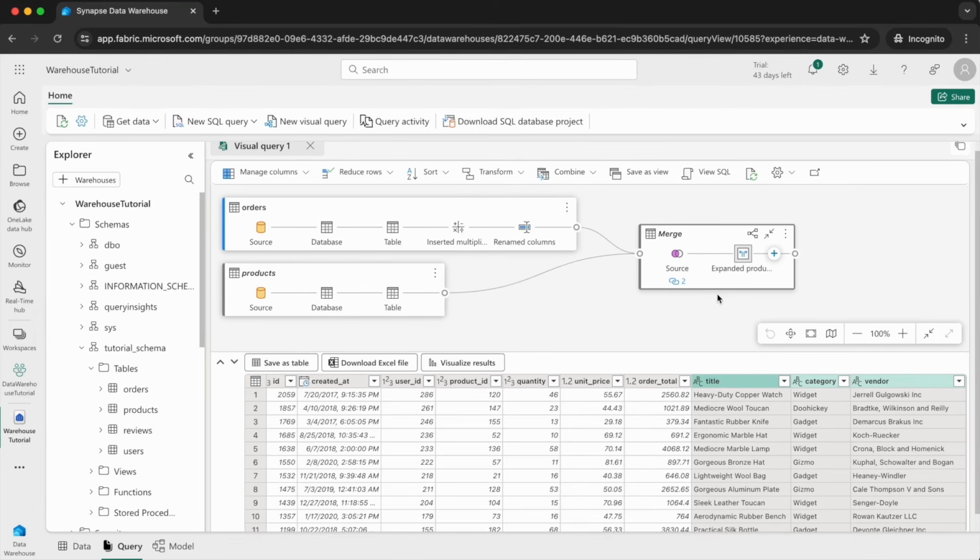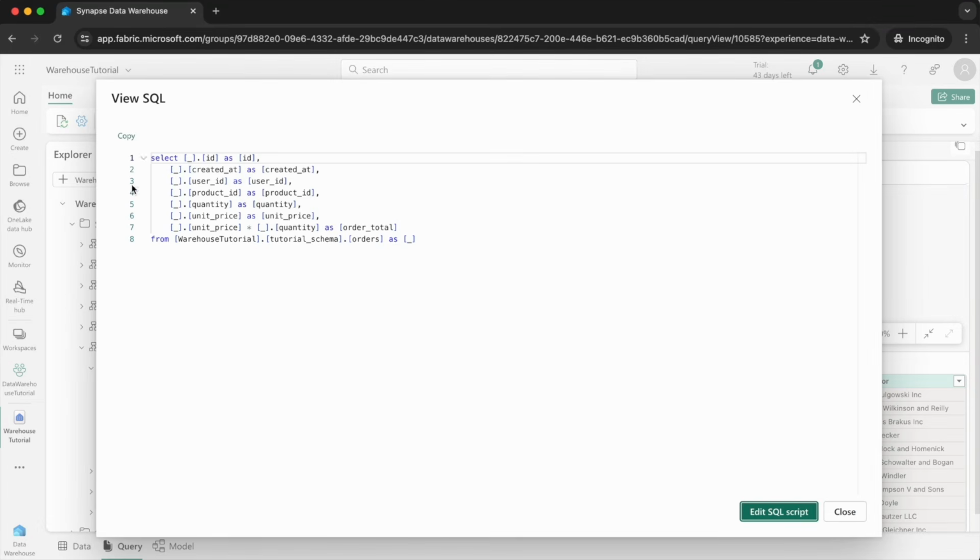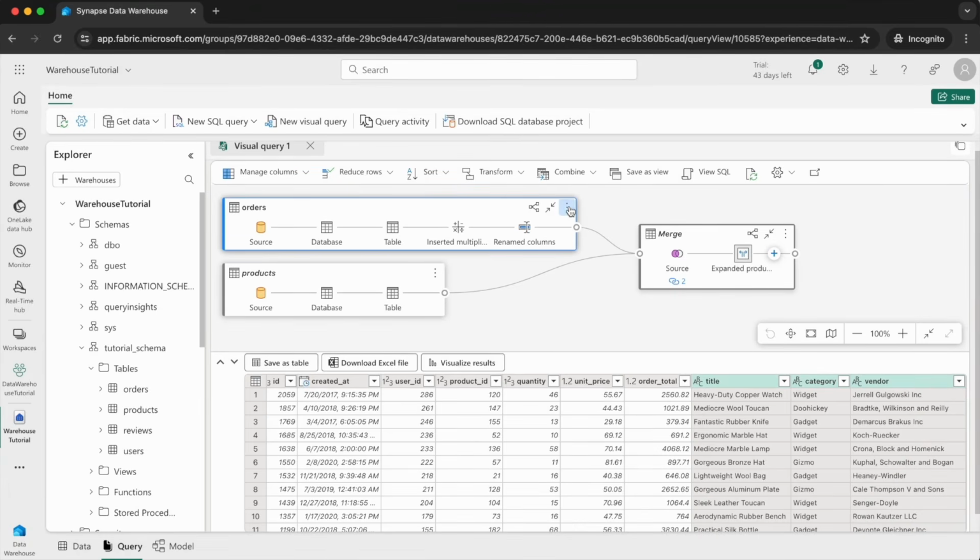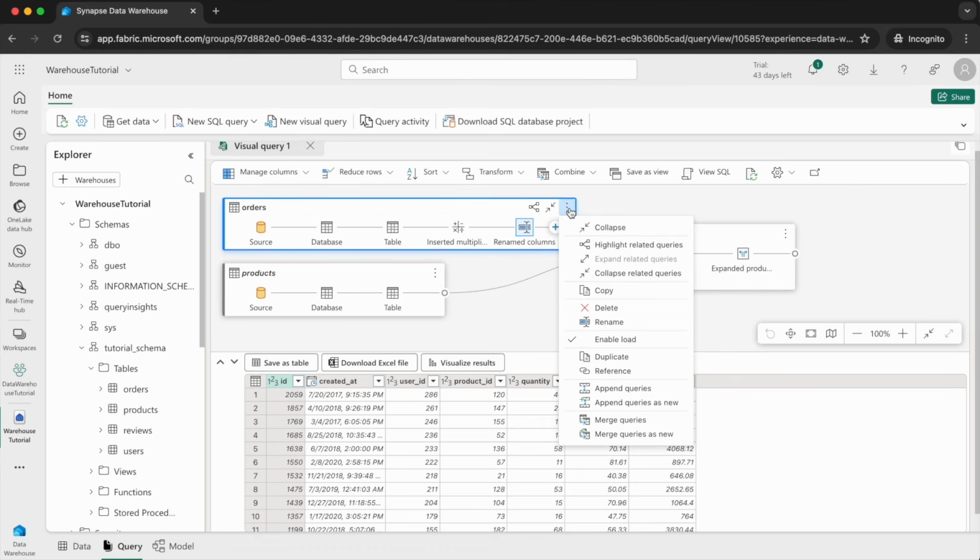So with the results of this query, we can save it as a table, we can download the results into an Excel file, and we can visualize the results in Power BI. You can also view the underlying SQL code used to construct the final result. But currently this SQL here is generated for this orders table. And the reason that is because if you click on the three dots on the orders table, you have got